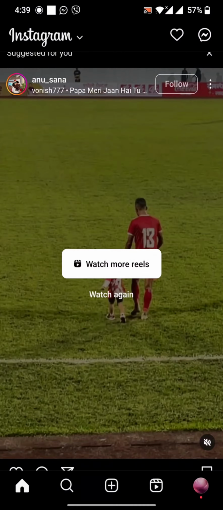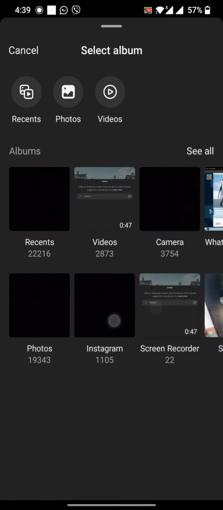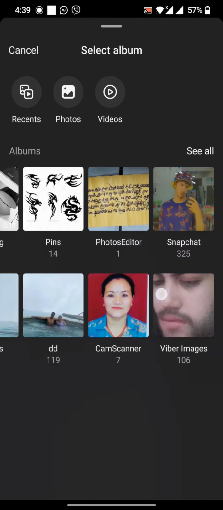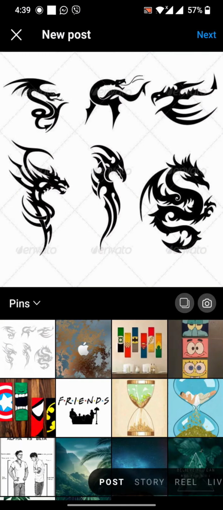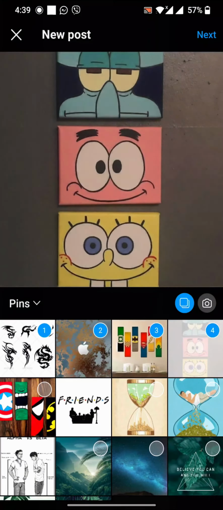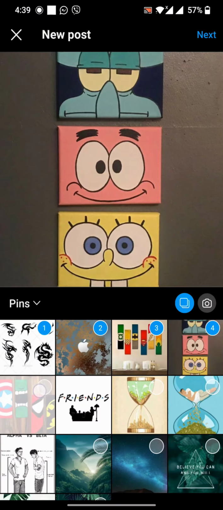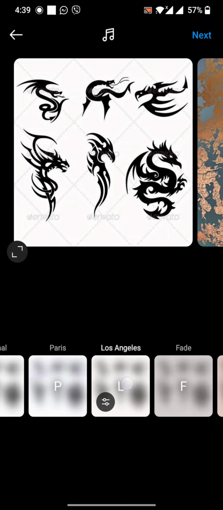So it's very simple. You just have to click on the middle, that is the plus sign, and here you can select the pictures. If you are going to choose multiple photos, you just have to click on this sign here and click on the photos, and click on next. So here you can edit the pictures,